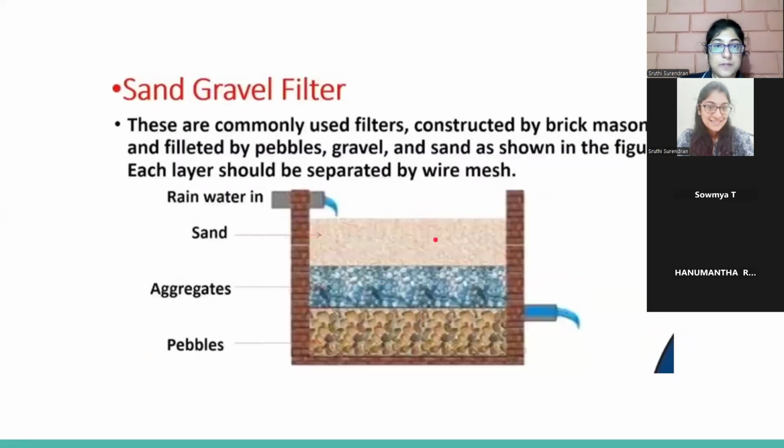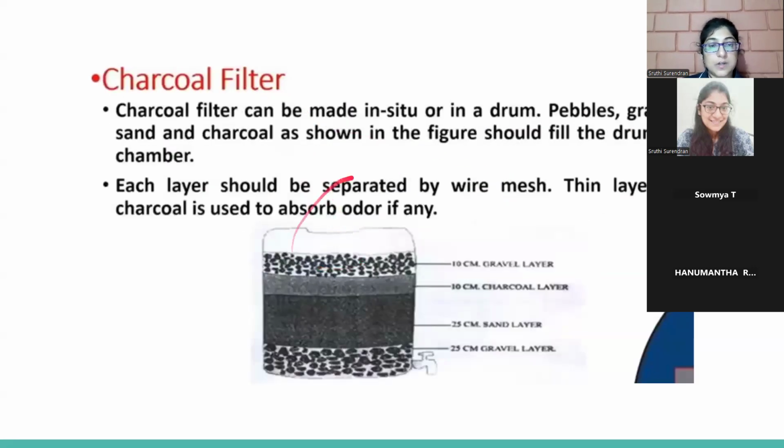Similarly, there is charcoal filter, again constructed by brick masonry, filled with pebbles, gravel, and sand. And these layers are separated by a wire mesh. Then charcoal filter, instead of sand, charcoal is used for filtering the water. So in this, there will be a gravel layer, then charcoal layer, then again a sand layer, then again a gravel layer. In this format, there is, you can,